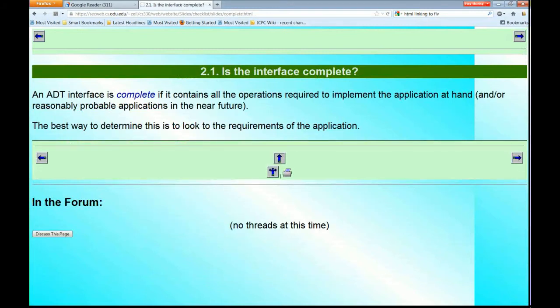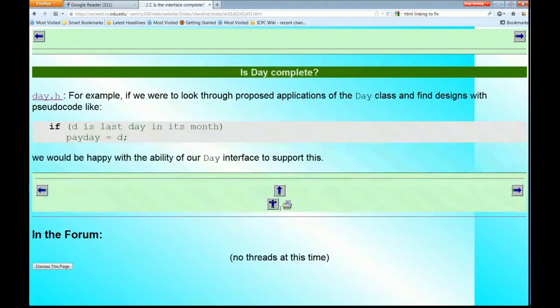By complete, we mean that all the operations you need in order to accomplish whatever application you're trying to support with this abstract data type are actually present and available in the interface. The simplest way to determine this is to think ahead as to what your application is going to require, and ask yourself if you can at least sketch out a plausible way to accomplish it working through that interface. For example, your textbook, the Horstmann book,